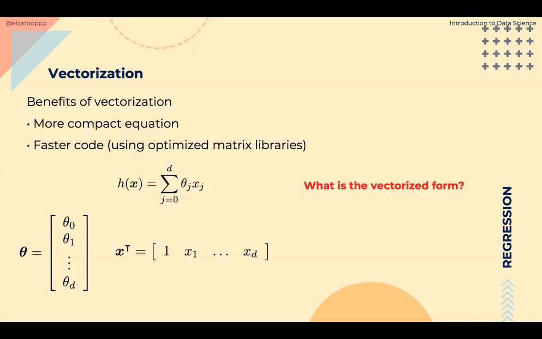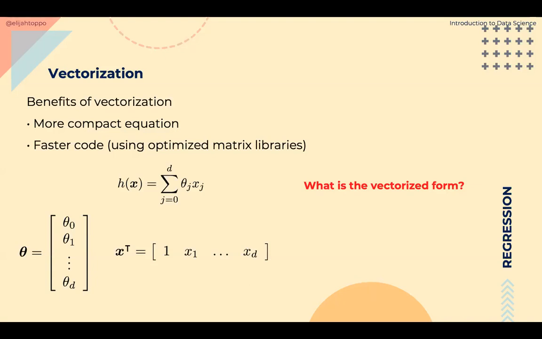One advantage is our equation becomes easier to write, and if it is easy to write, it becomes easy to understand what is happening inside. The second advantage is our code becomes faster. It becomes faster because there are many packages within Python and in many other programming languages that are really optimized for matrix multiplications. One package we are very familiar with for matrices is NumPy. We have used NumPy multiple times, and we know that NumPy works on the idea of n-dimensional arrays, and that can help us optimize our solutions very fast.